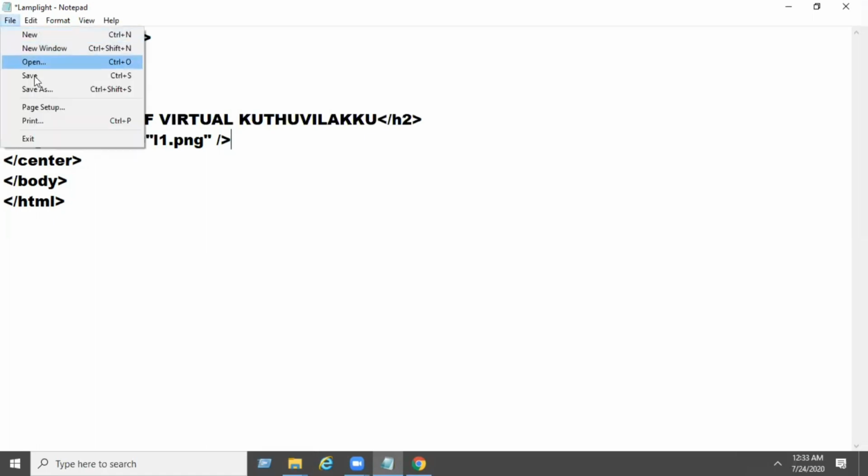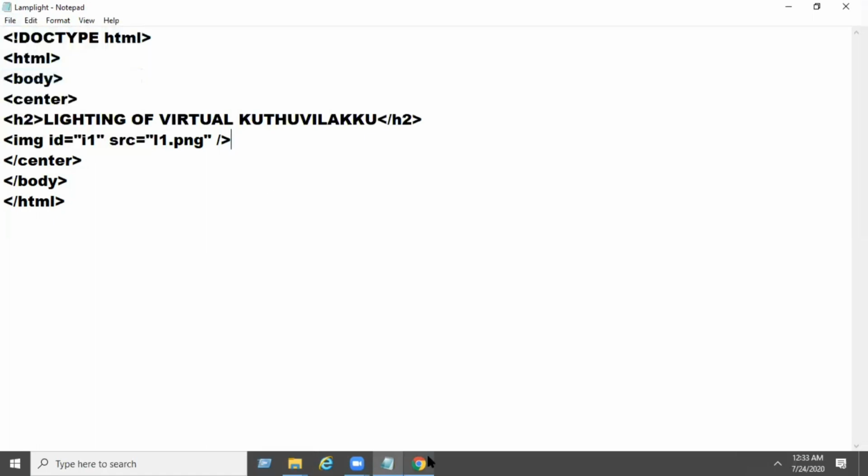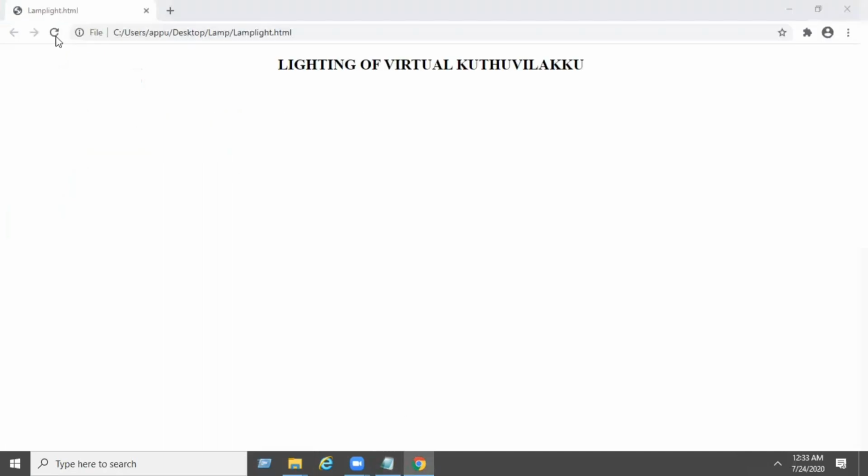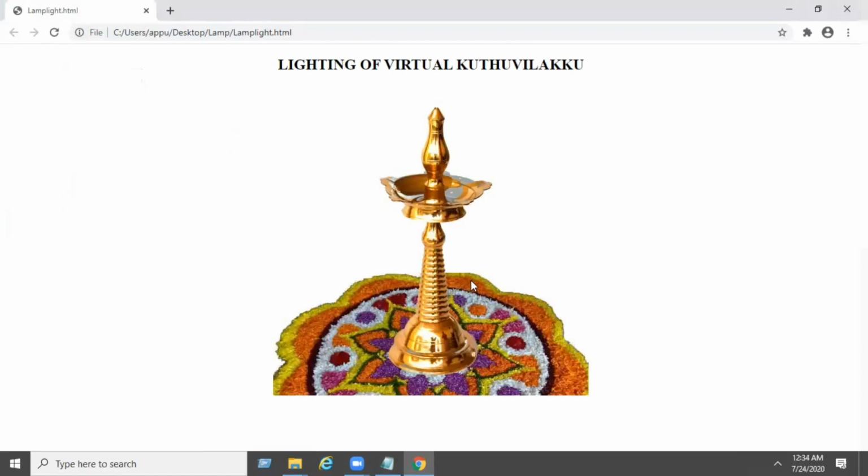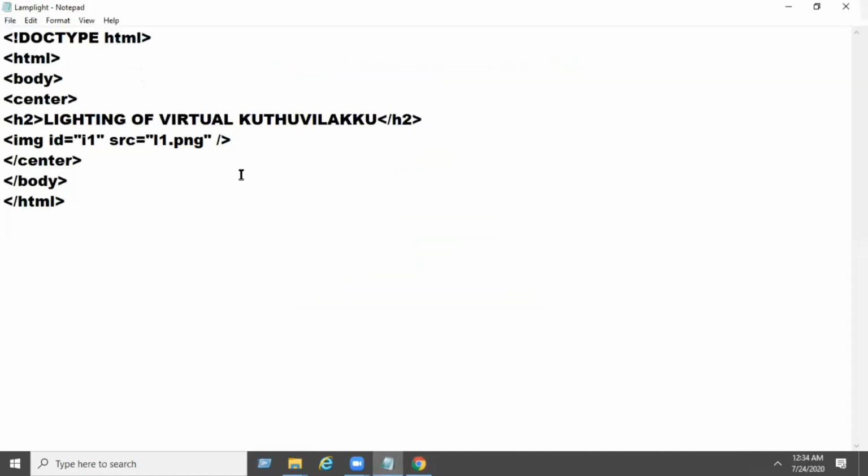End tag, save, and refresh the page once again. Now the default image will be displayed, that is the empty lamp.